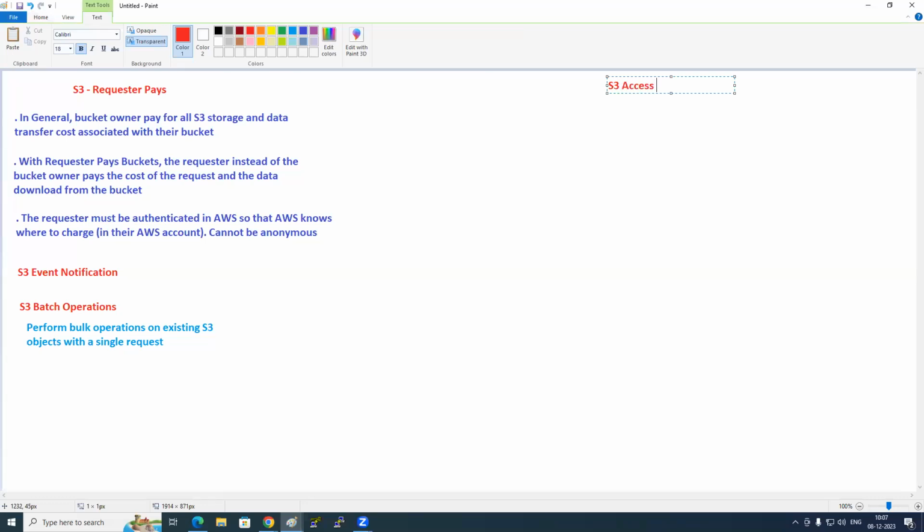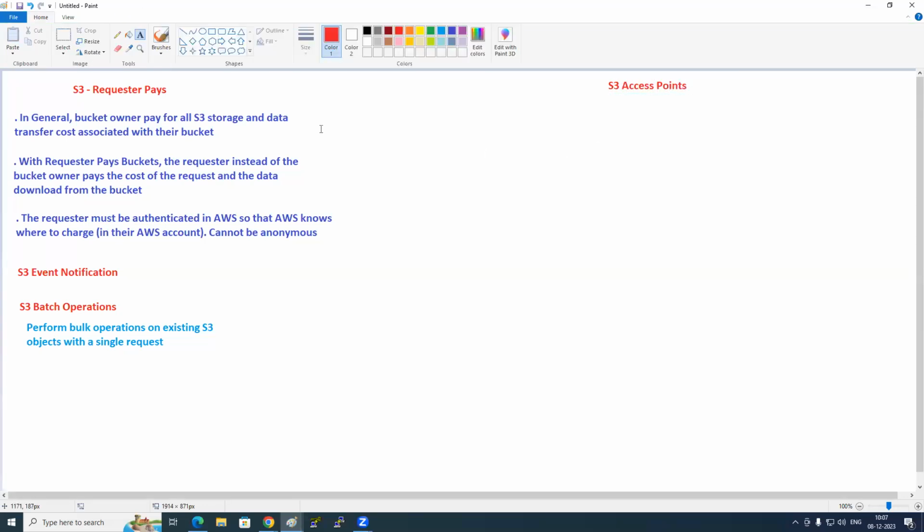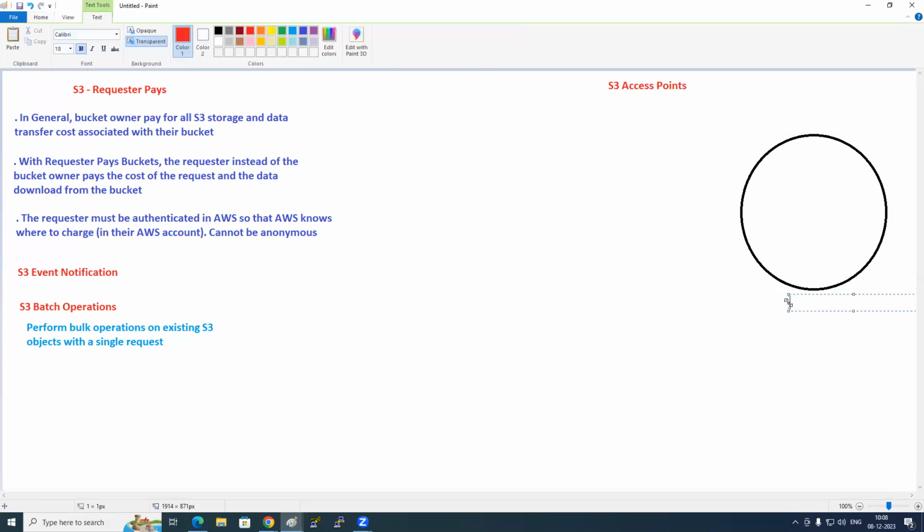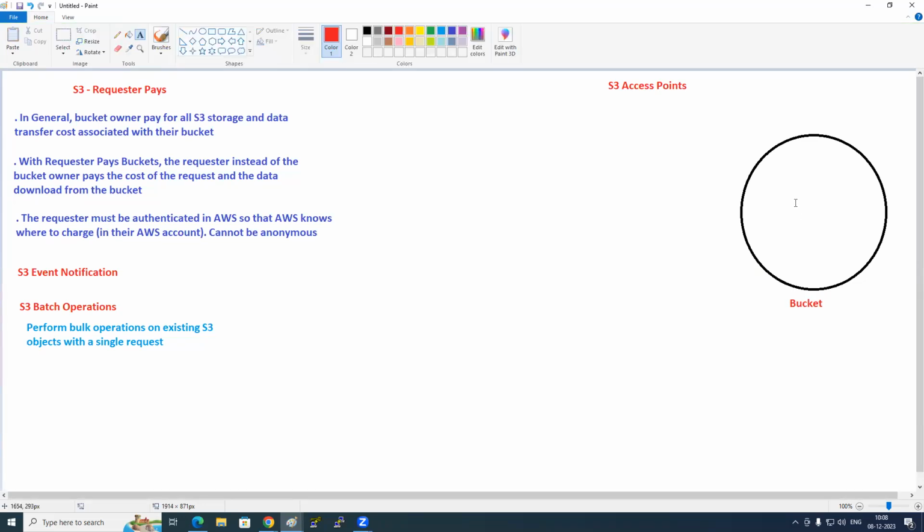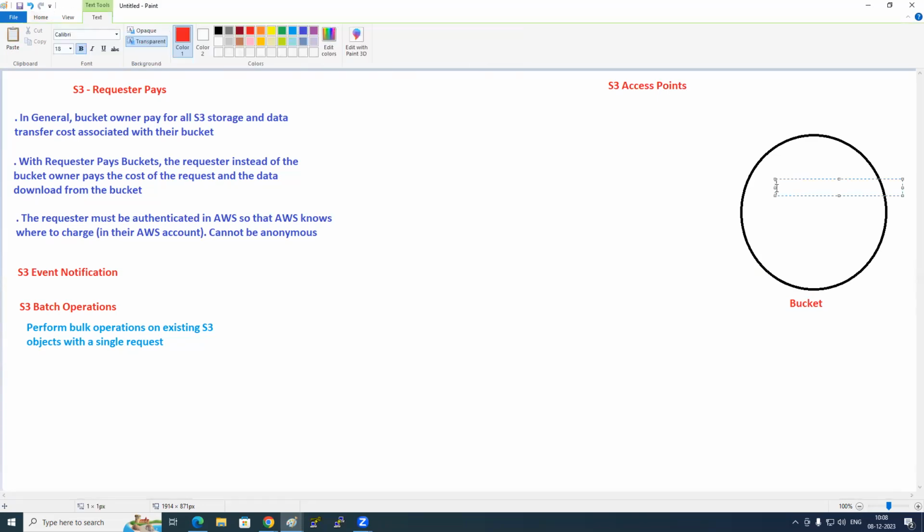So that topic here is S3 access points. What is that? Listen to this carefully. Assume that this is a bucket. In this bucket, can I have different prefixes? What do prefixes mean? Assume that I have a subfolder called